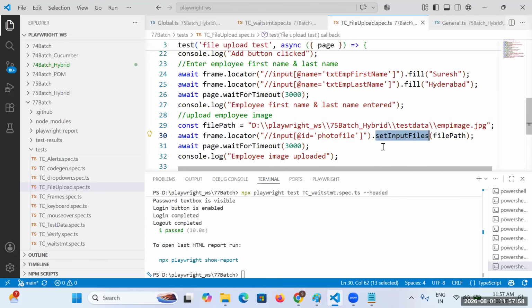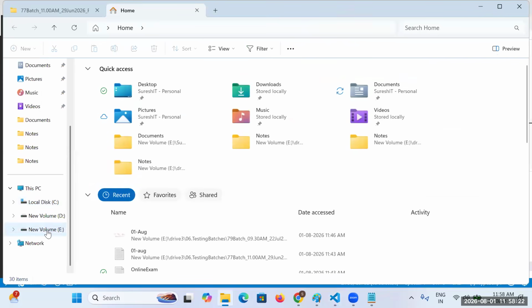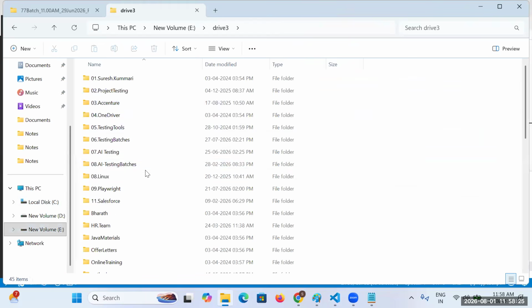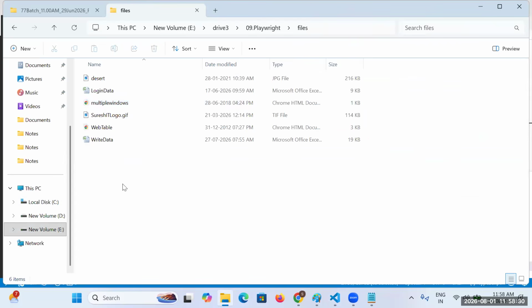to upload a file, you will use the method named setInputFiles. setInputFiles is a predefined method which is used to upload a file. Whichever file you want to upload, you need to provide the path of that file. Let's see that. Whatever file you want to upload, you provide that particular path,